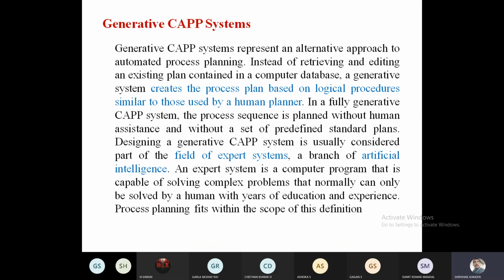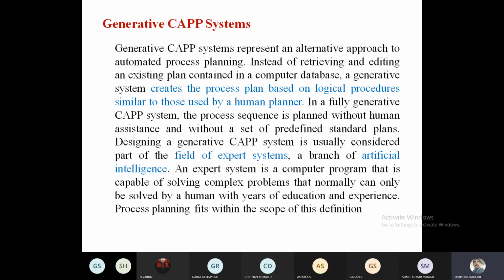What is the meaning of adapting? Adapting means whatever changes are required will be done suitably within the system itself. It will be an adaptive system. Adaptive means that based on the requirement, it can change its configurations. And this is the capacity and the application of artificial intelligence in the generative CAPP. Since the adaptive system will be generating the CAPP model itself by using some of the information available in the database with artificial intelligence, it is called generative CAPP.